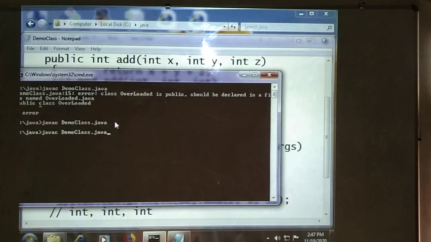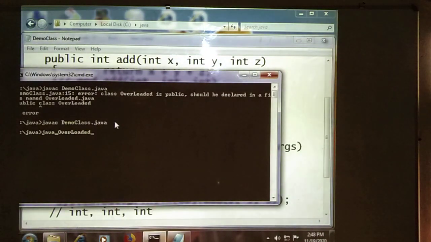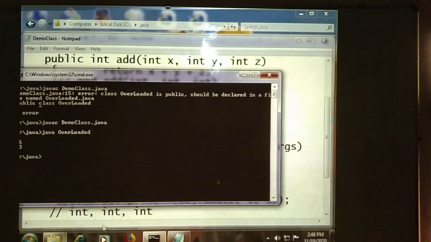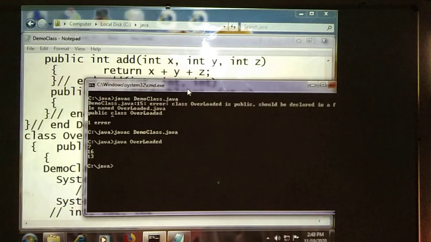Then again we need to compile and execute the program. Main method will be, 10 20 30 we are going to display. Output will be 76030.